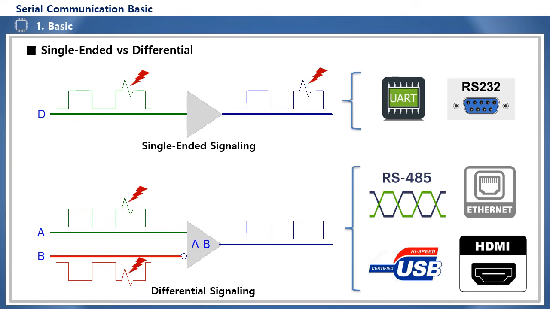Here, it should be noted that as the communication speed increases, the effective communication distance becomes shorter. High-speed communication can be affected by line resistance and parasitic capacitance, and is also sensitive to noise, so the coverable communication distance cannot help but be short. The communication distances presented as standards, 15 meters for RS-232 and 1.2 kilometers for RS-485, are based on the effective transmission distance at a communication speed of approximately 9,600 bps.